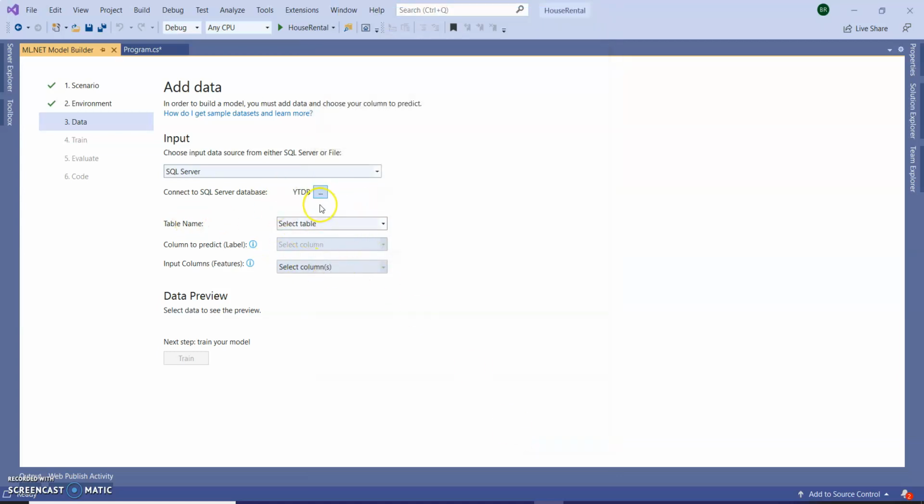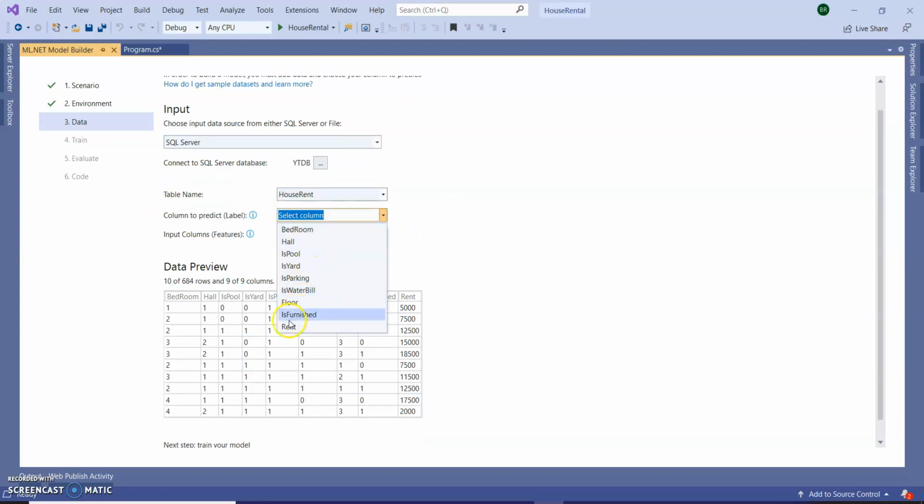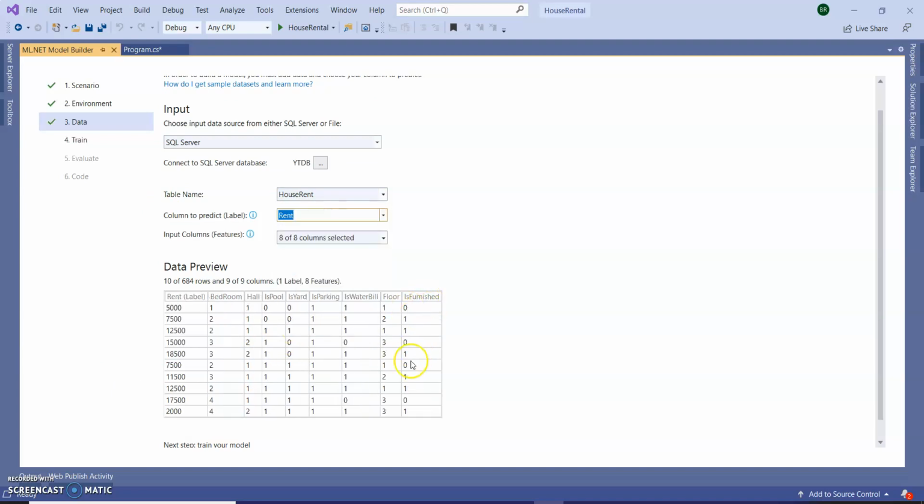After clicking on OK, it will show you the table name. So this is the table name. Next, the column to predict. I am going to predict the rent, the last column.